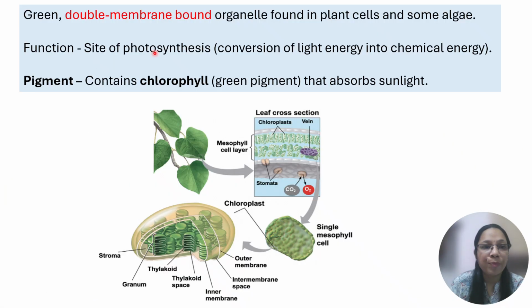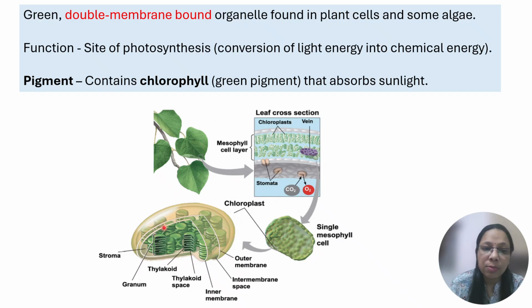Let us see the structure of chloroplast in detail. So where do we find chloroplast? Obviously in leaf cell, plant cell. So the location of chloroplast is mesophyll cells. We will see in detail these mesophyll cells in tissues when we learn plant tissues. So this is a leaf. When we take a leaf section, there are different layers of cells, and in mesophyll cells what we observe is chloroplast. So this is a single mesophyll cell they have shown, and this granular structure is nothing but chloroplast. So if I zoom in on how one chloroplast, that is one plastid, looks like,